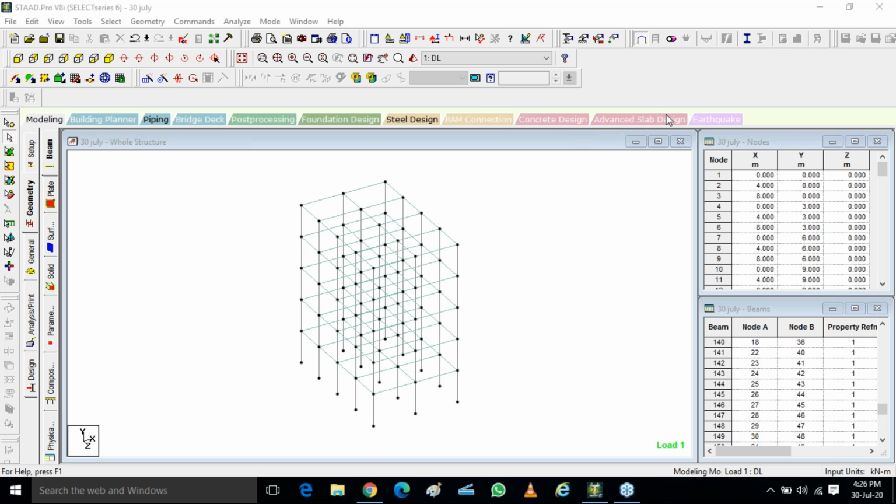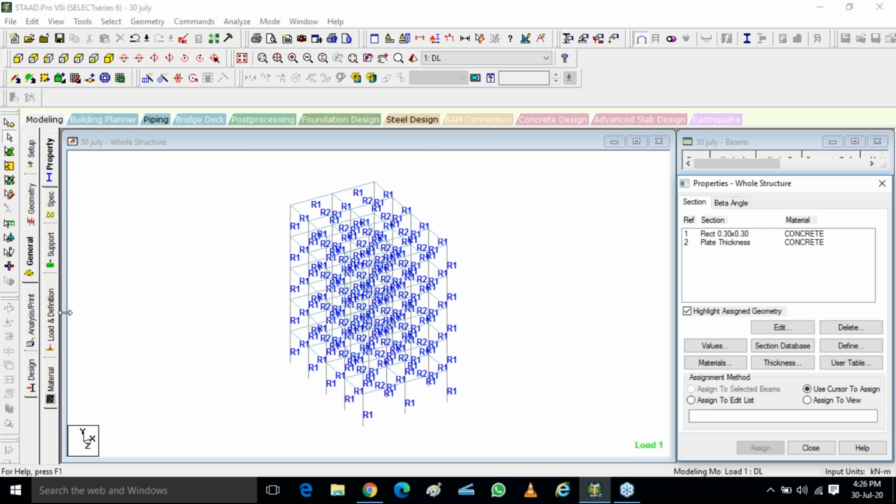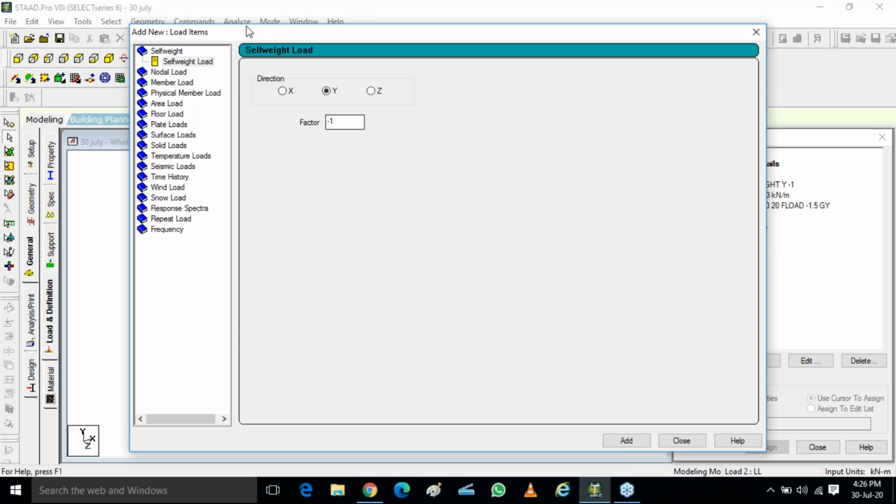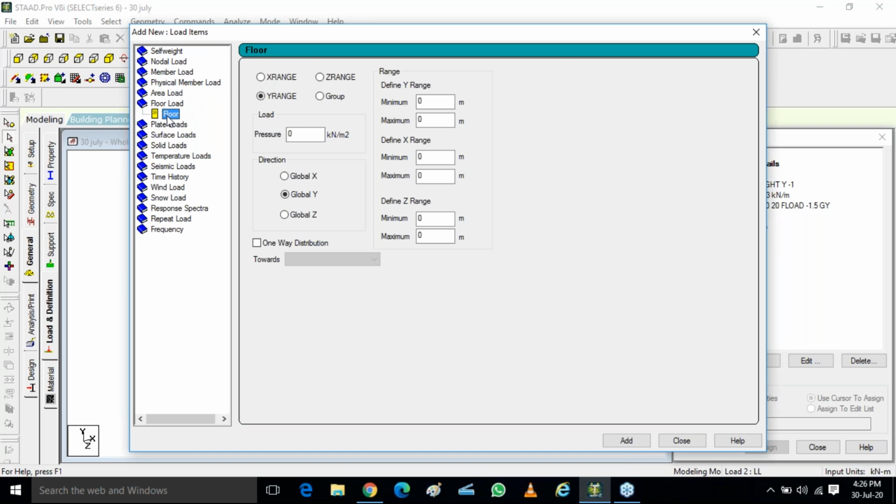Okay, so what you are going to do, you are going to go to your loads, general tab, your load definitions. Now instead of dead load, you are going to go to live loads. Add a live load. Live load we have seen is a floor load. So I'll go to floor load.